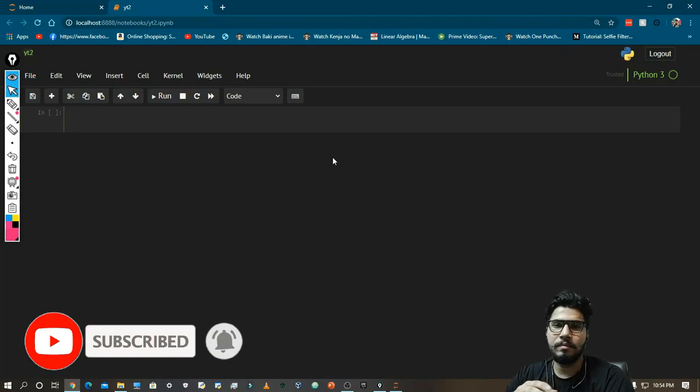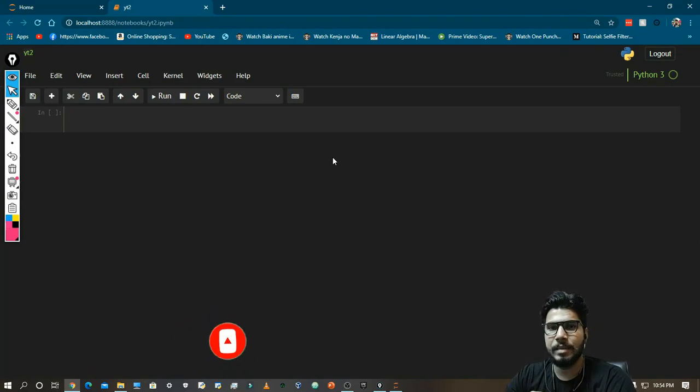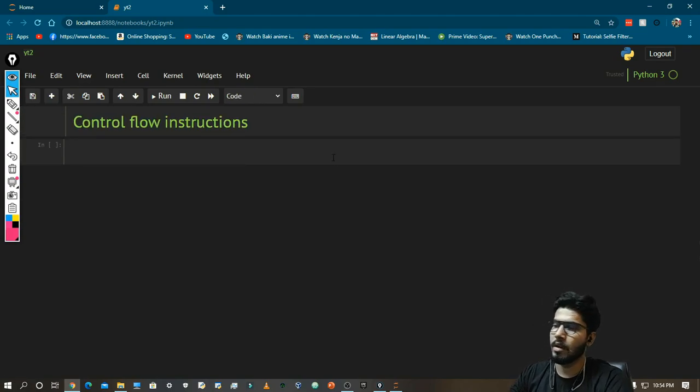So guys, what do I mean by decision flow instructions or control flow instructions? Let's first talk about control flow instructions. Control flow instructions are those instructions that disturb the flow of a program.